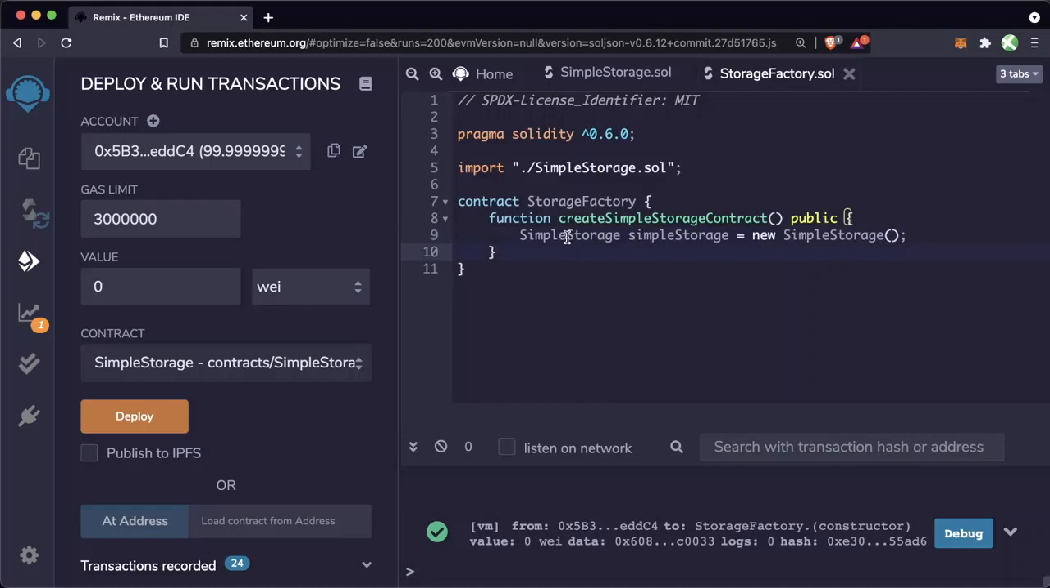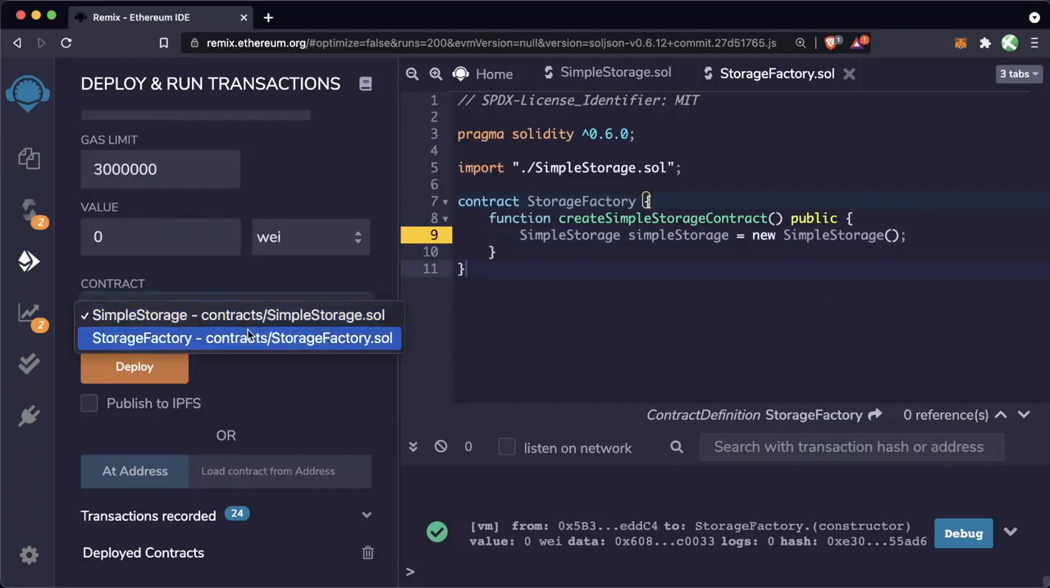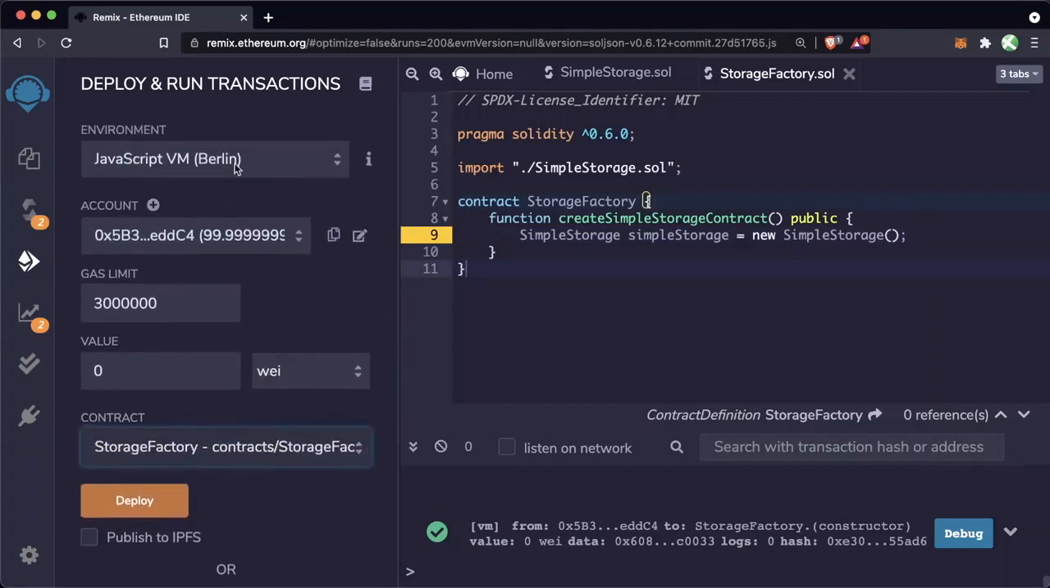What this line is saying is we're going to create an object of type SimpleStorage contract. We're going to name it simpleStorage with a lowercase s. And we're saying this is going to be a new SimpleStorage contract, and this SimpleStorage contract takes no input parameters. Of course, if we deploy this contract as is by going to our deploy tab, choosing the StorageFactory, staying